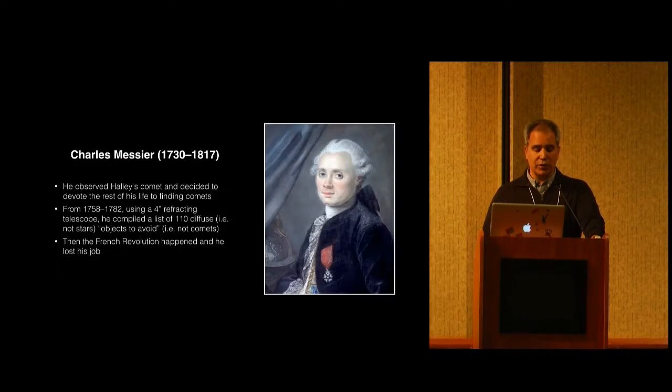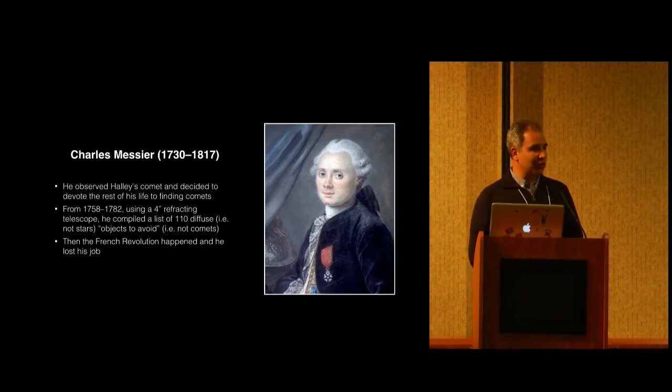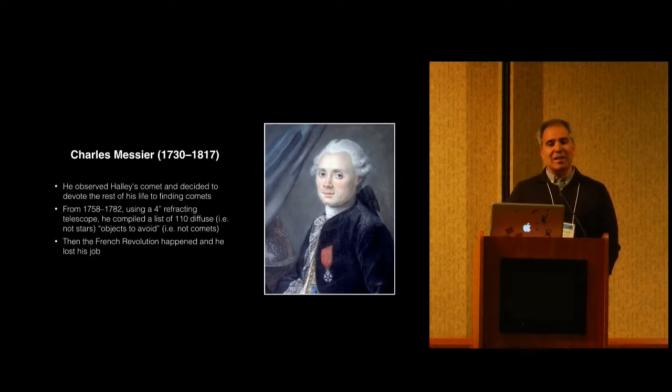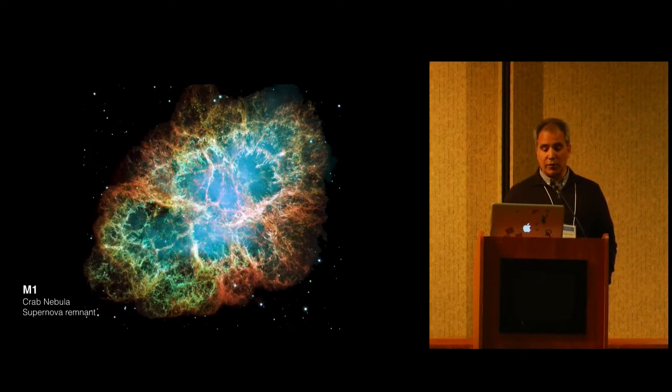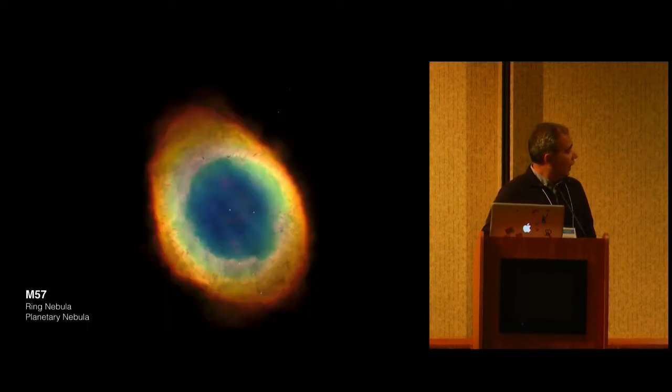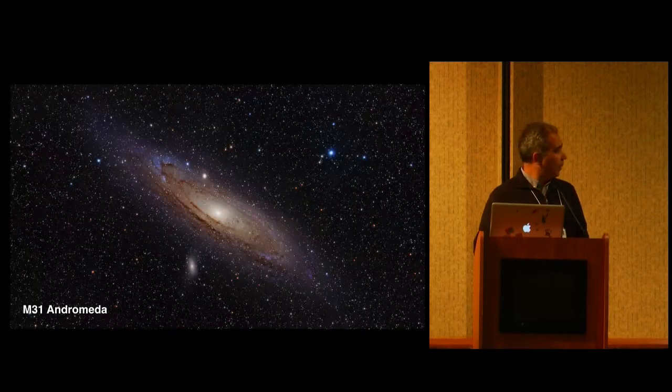The next efforts were in the 1700s, and most of you have heard about Charles Messier. He was a French nobleman who was hunting for comets, right? That's what he really was after. And on the way of hunting for comets, he found a lot of stuff. Because he was the first one to do it, he called all of the objects M something, Messier. So M1 is the Crab Nebula. There's M42, the Orion. And then we have planetary nebulae like M57 and M31.